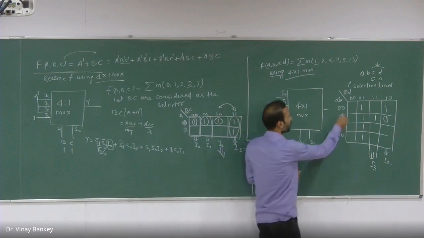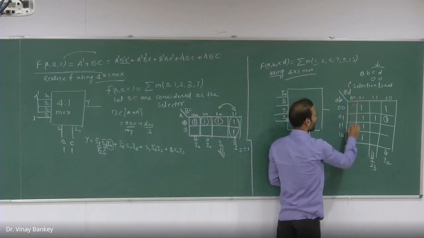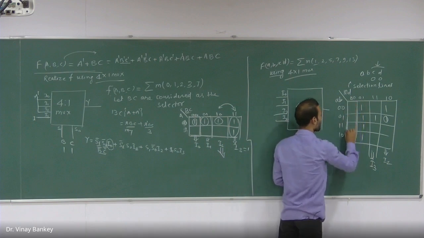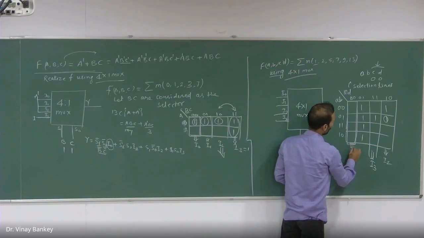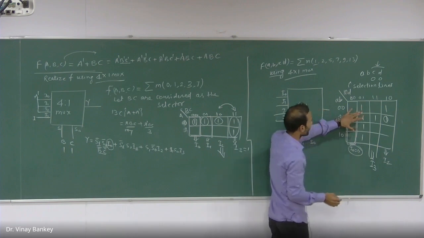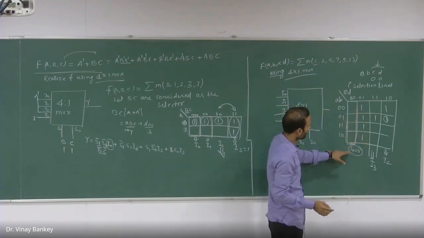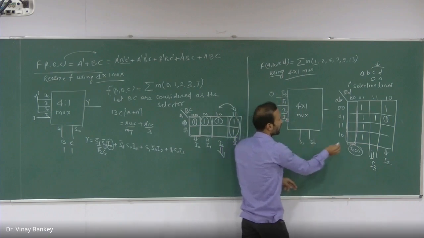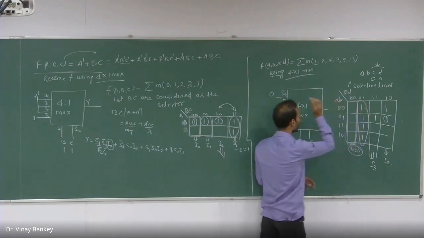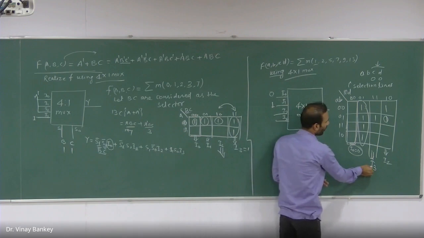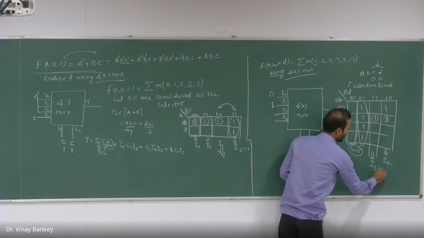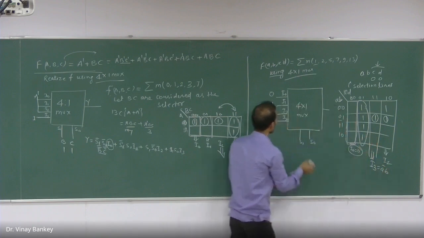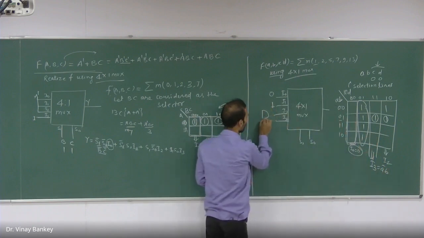So here for this CD, when CD is 0, 0, and this whole group of 4 cells is associated with the I0, so I0 will be 0 because there is no 1 inside this. So this should be connected to 0. And here all are 1s, so I1 will be 1. And now for I3 I should connect 0, 1 here. So I3 will be A bar and B. We need one AND gate